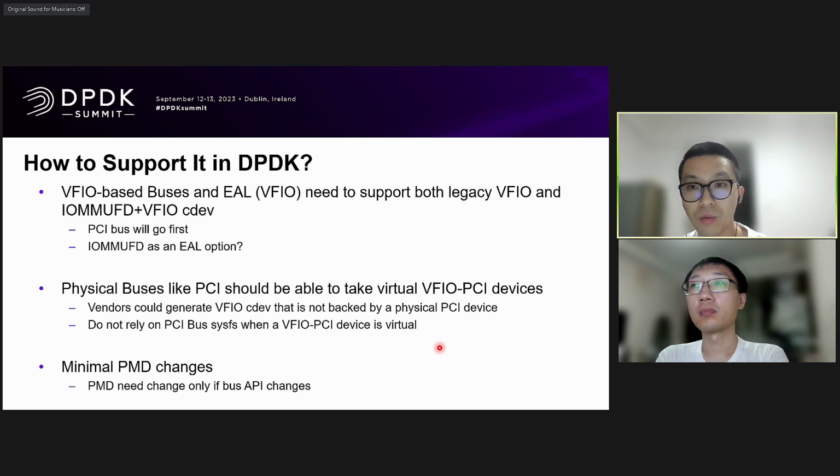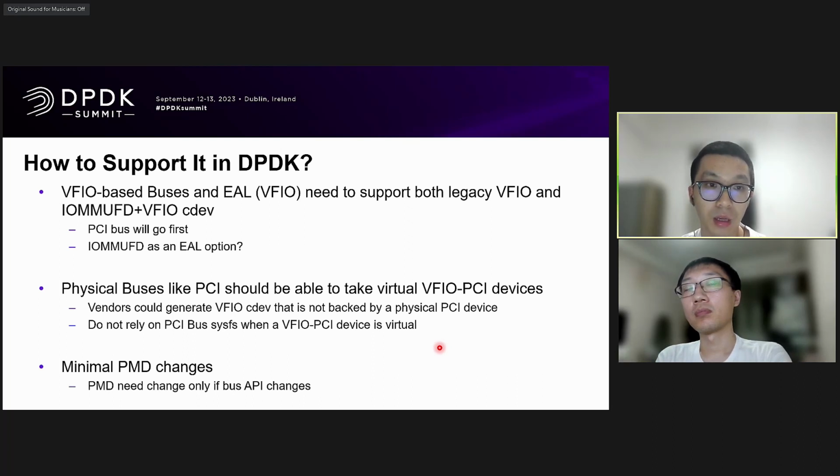So why support both? Because currently in the latest kernel, these two modes are both supported, but in the long term, only the IOMMUFD plus VFIO Chardev mode will be supported in the kernel. So after some time, the legacy VFIO will be dropped. But currently, if we want to use it in DPDK, we need to support both. And the PCI bus will go first,